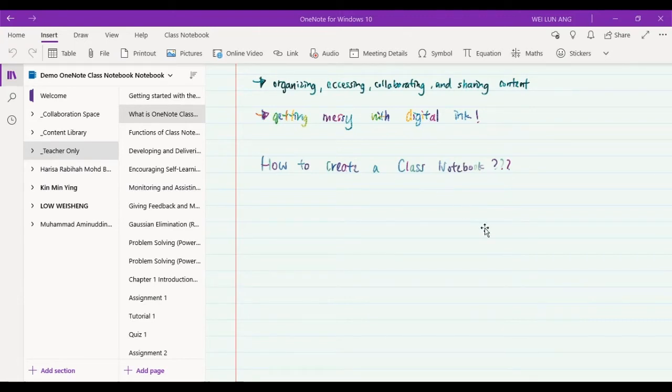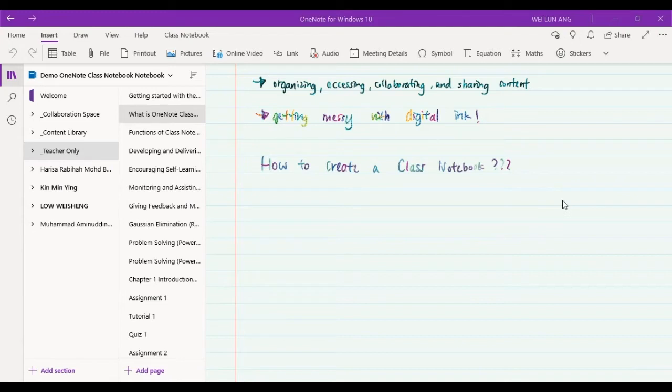Now, if you have an account in Microsoft Teams, you can create a new course, and this will be the interface once you have created a new course.